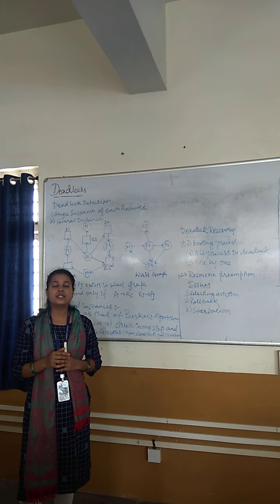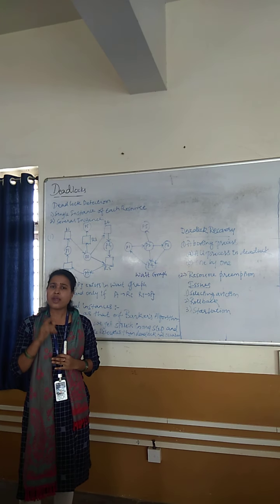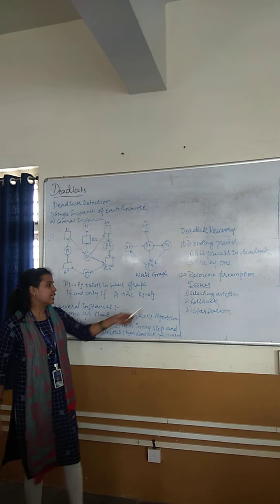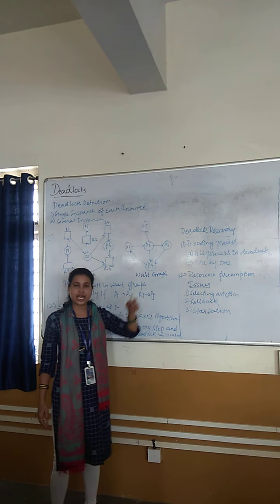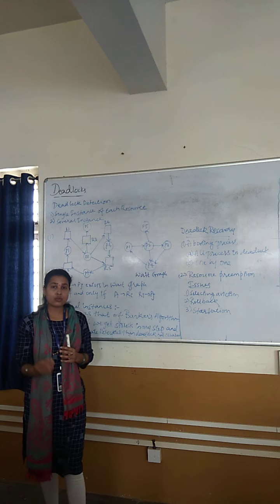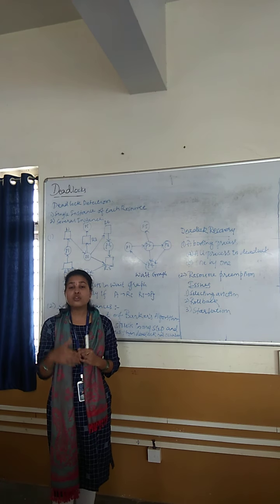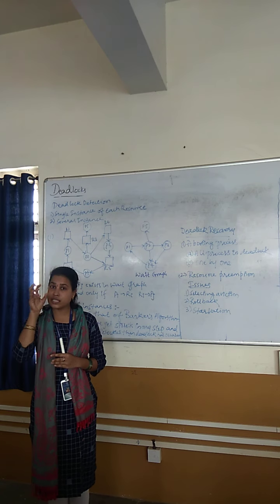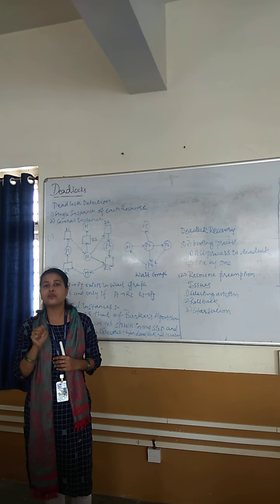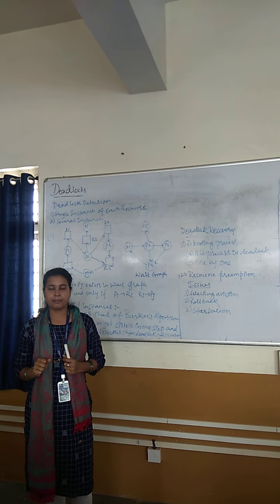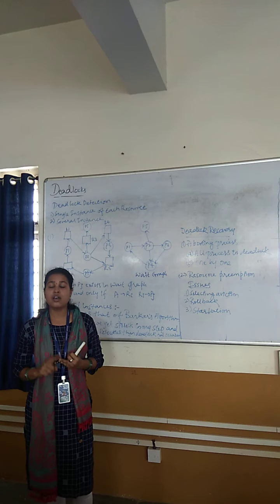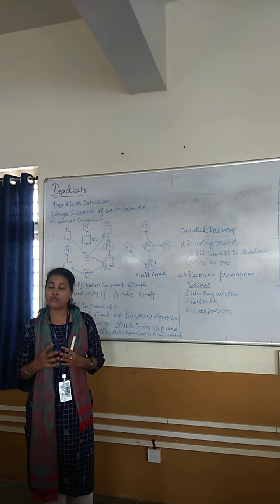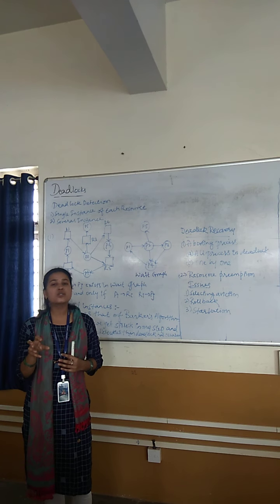So when you are doing this preemption, you have to address some issues. What are those issues? That is selecting a victim, rolling back and starvation. Selecting a victim and starvation are connected to each other. See, whenever you are going to preempt the resources, whose resources have to be preempted? Means you have to select that target process. That is selecting a victim. So when you are selecting a victim, you have to take care that it should be present in the deadlock and it should be having the resources, or some other factors which are depending on the deadlock have to be considered. Choosing that victim is very important.